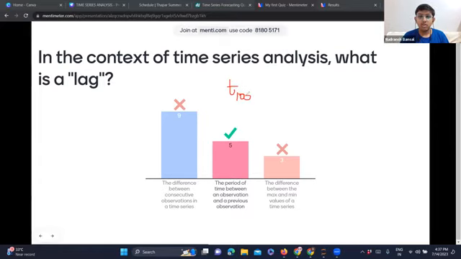The lag is not the difference between just the consecutive value, just the previous value. It can be the difference between an observation and a previous observation. I told you we can take the 12th observation, observation number 88. Suppose you have the December data, when the cold weather is at its peak, the fog is at its peak. So I want to predict fog. For December data, I'll take the previous year's December data. So lag is the period between an observation and the previous value. Sorry if you had any confusions about it.